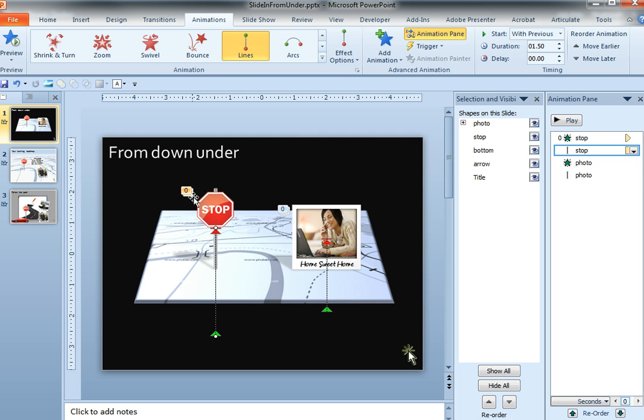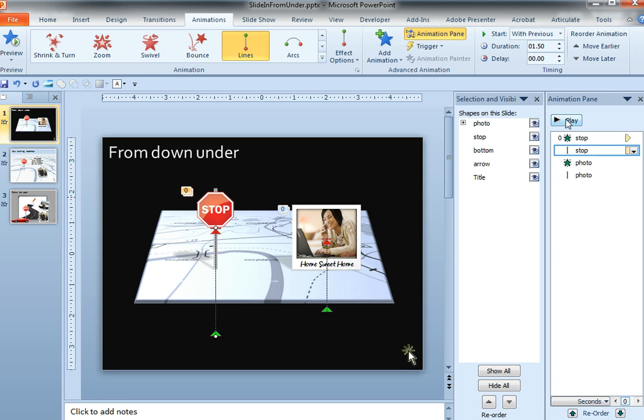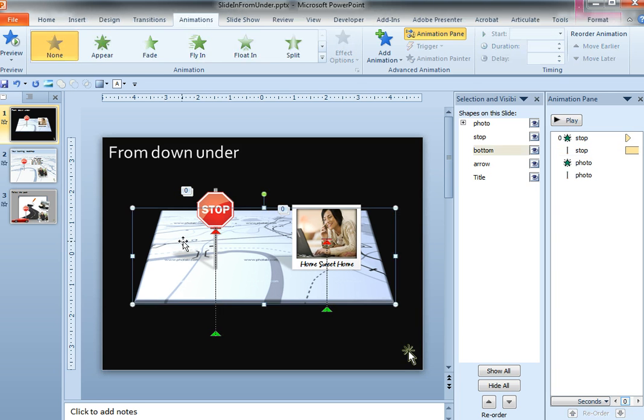I want to make sure that the top of the stop sign doesn't show up at all. In other words, it needs to animate in lower, because it's a taller object than the photograph, so basically it's completely concealed, and then it comes up through the base layer. You do that by just stretching out that motion path. So let me play this back, and you can see the stop sign comes in, and the photograph does, except it doesn't look like it's actually punching through that bottom object at all.